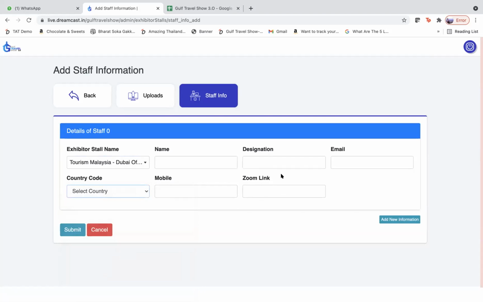This Zoom link will be the link of the recurring meeting that will be created. If the exhibitor is creating the link, that's good. Otherwise, if you want to link the platform to the Zoom meeting link, you have to make a recurring Zoom meeting link and then put it here. The Zoom meeting link is basically an integration. I'll explain this in a better way from the front end. When you go to the front end, all the buyers have the option to start video, audio, and text interaction with the exhibitors.